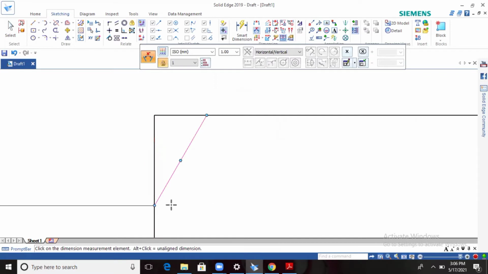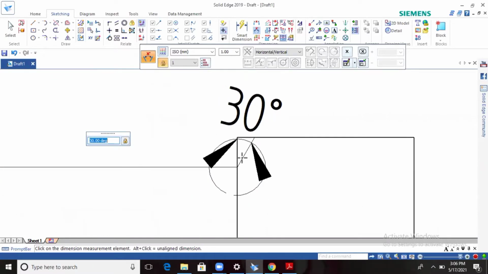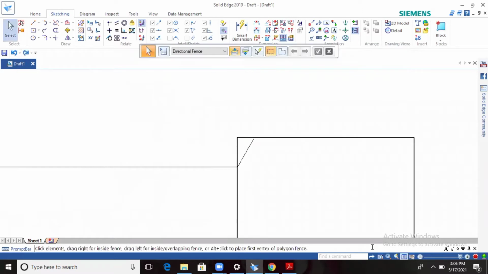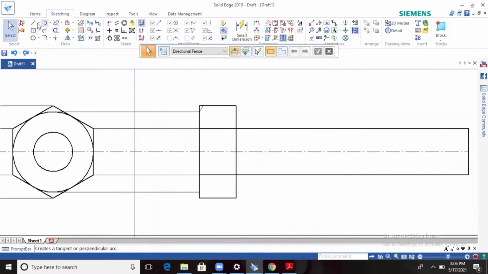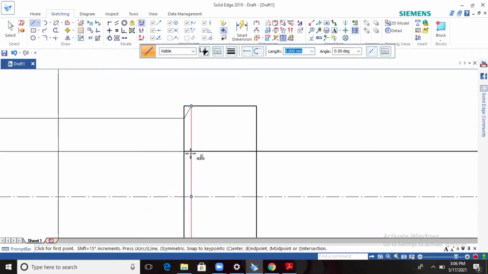Okay, see, if you write a line here, this is 90 degree. So if you give this one 60, automatically these two will come 60 degree, 30 degree. Okay, so I will show you here. Look at this one. This angle will be 30 degree. Okay, so now you can go for the end point to line here. Okay, both sides. So one side do the chamfer cut. I mean, you have to arc. Afterwards, you can go for the mirroring.